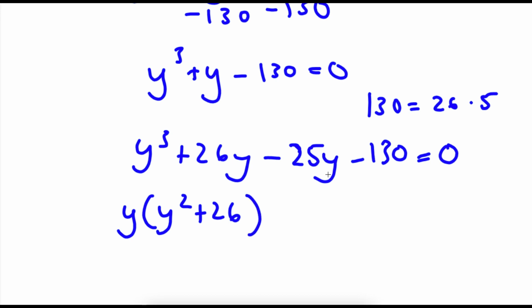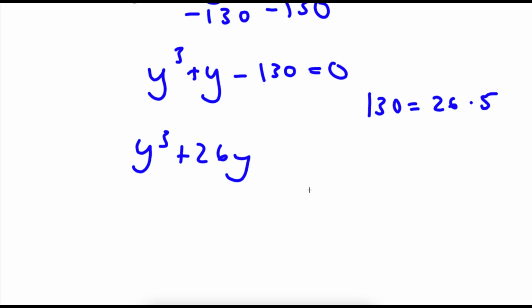And then I can factor out negative 25 from negative 25y minus 130. I wrote this wrong. This is actually supposed to be written as y to the power of 3 minus 25y plus 26y minus 130